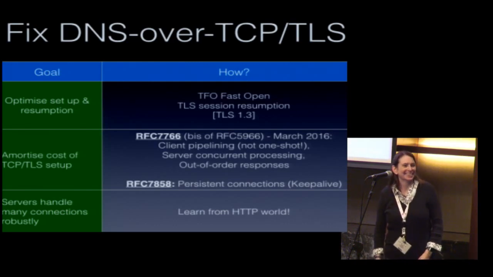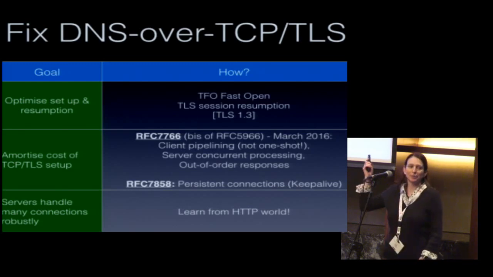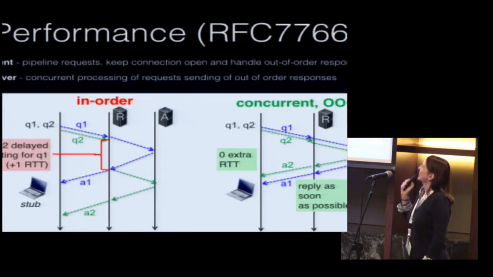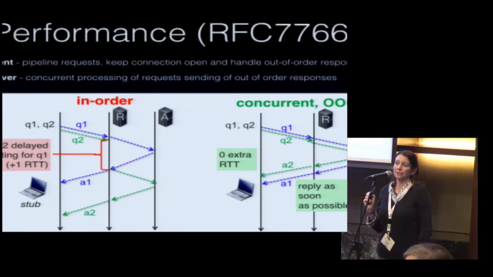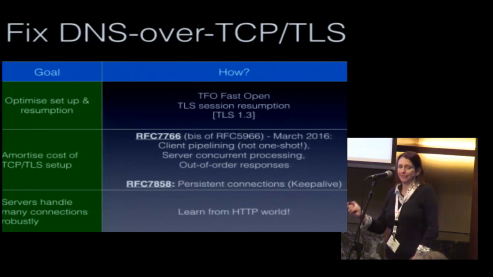You have a typo, 7828. 7858 is DNS over TLS. It is, thank you. Yep, keep alive is 28, isn't it? Thank you very much. Apologies. Okay. Is this being broadcast? It is, it's being YouTubed, yes. Yeah. Sorry, so there's a correction to the RFC number for persistent connections. It should be 7828. Thank you, Stuart Cheshire.